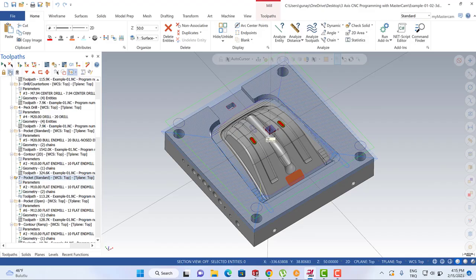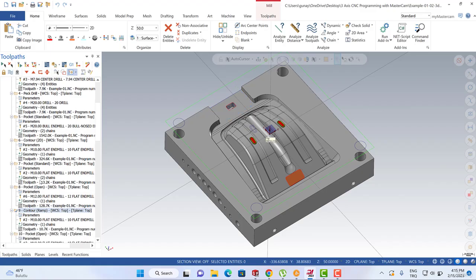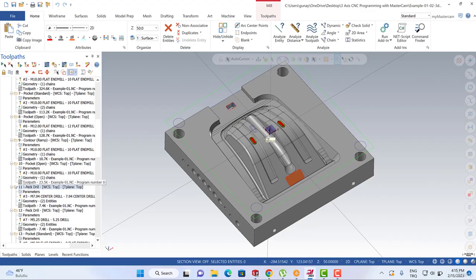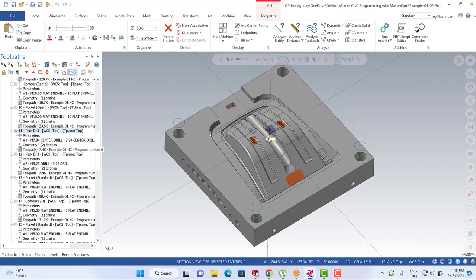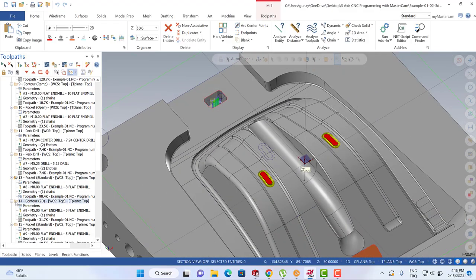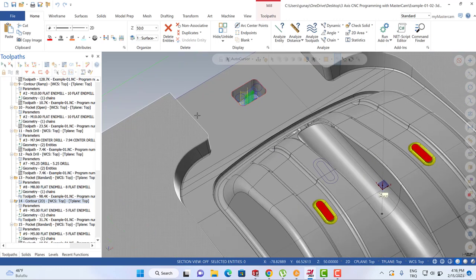standard pocket or finishing process, and then we can also see the open pocket operation for this area, and we can also see the contour ramp toolpath, and we're going to see some pocket operation for the finishing process for this area, and then we can also see the peck drilling process and another peck drilling process and the pocket toolpath for this area is created,